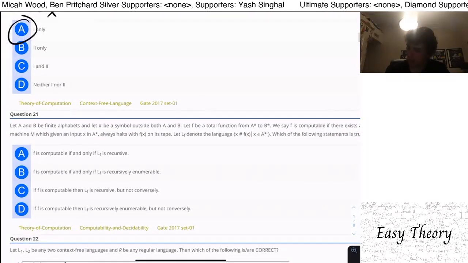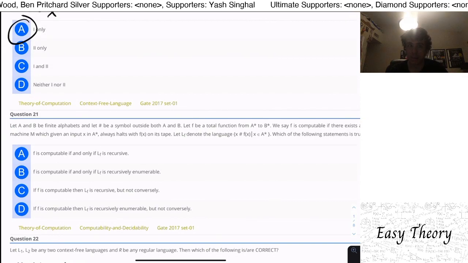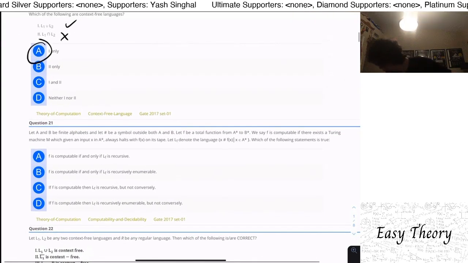Let A and B be finite alphabets, and let pound sign